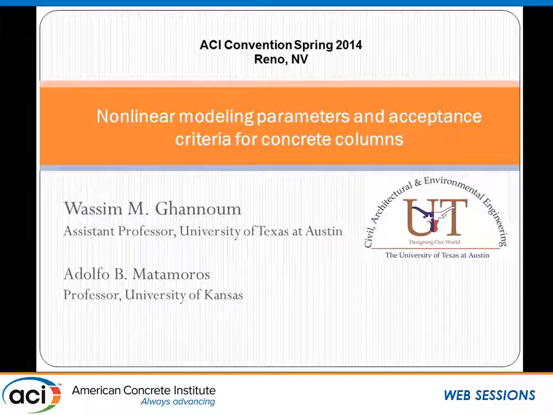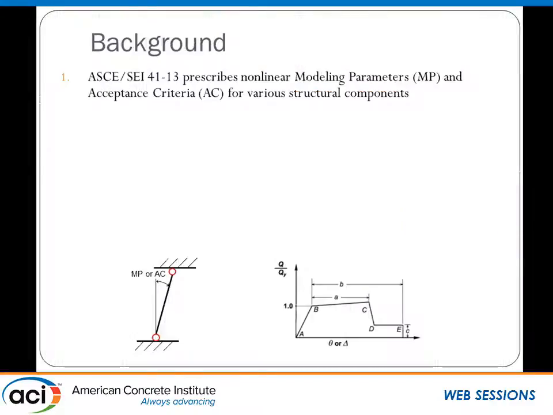And of course, a lot of these presentations that you'll be hearing are actually work that will feed into those technical changes. So what I'm going to talk about is modeling parameters for columns and a bit broader in terms of how do we select modeling parameters and acceptance criteria, how they're currently done, and maybe a way forward to address some limitations. So the background: ASCE/SEI 41-13, now the version will be out soon, prescribes nonlinear modeling